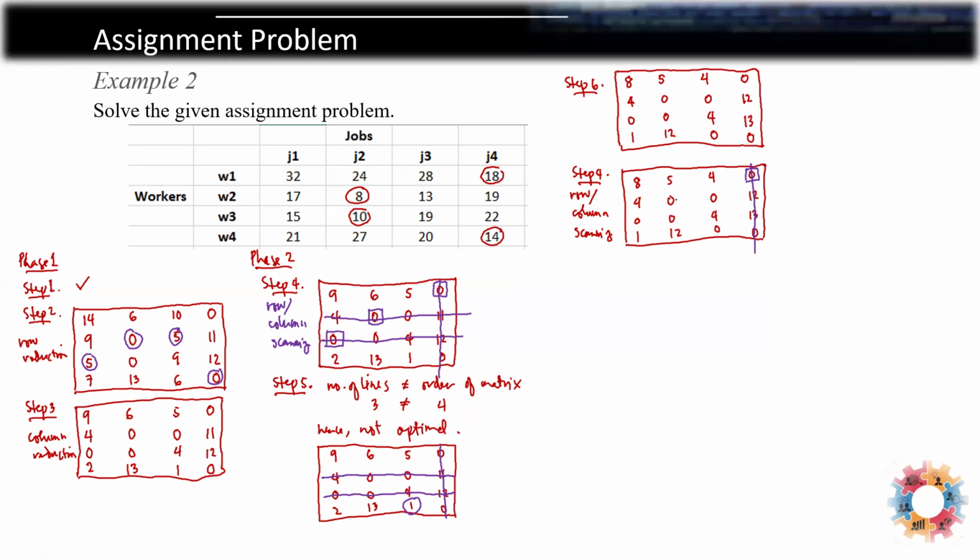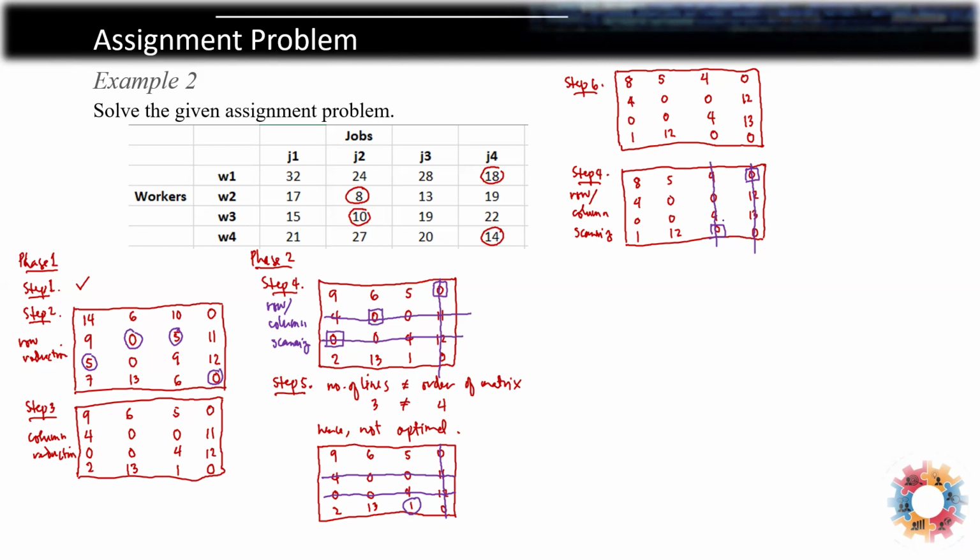In the second row, there are 2 zeros there, so we cannot do anything about that yet. So let's skip that. In the third row, there are also 2 zeros, so just skip that. In the fourth row, we only have 1 zero because one of them is already deleted. So let's mark this. Then the corresponding column will be deleted, right?